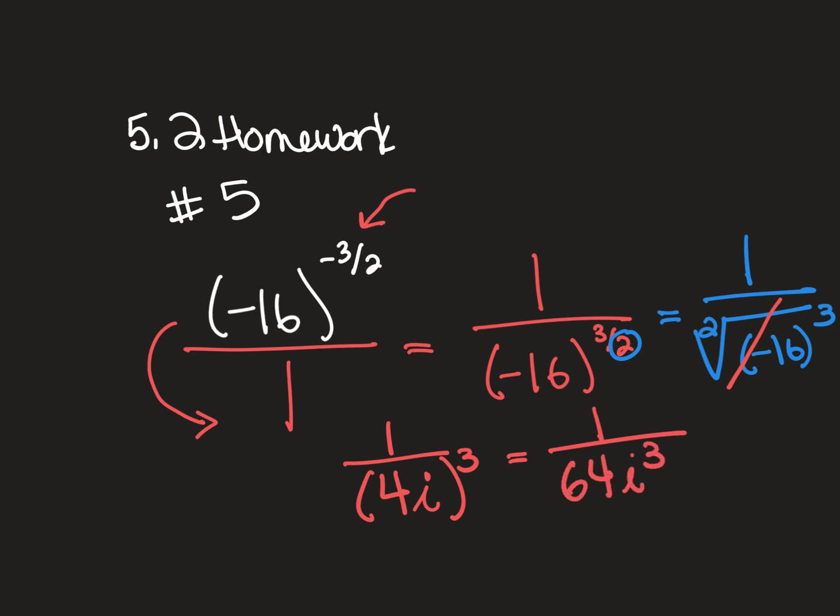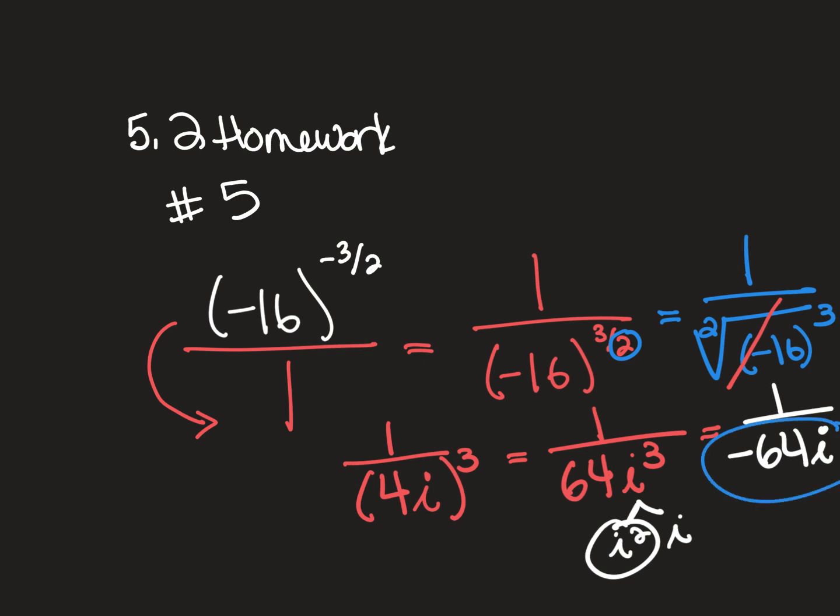i cubed. We also know that i squared equals negative 1. So an i cubed can be broken up into i squared and then the leftover i. This i squared changes to a negative 1, so it makes 64 negative. So this is a pretty good answer, but you'd never want to leave an i or a radical in the